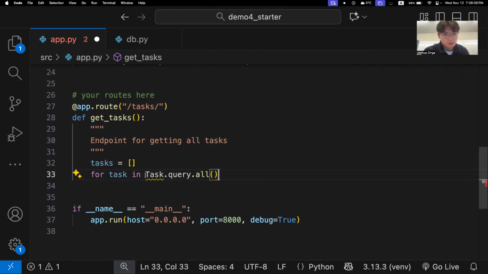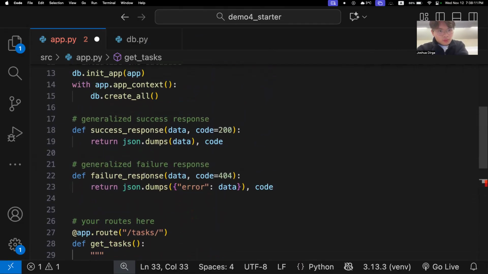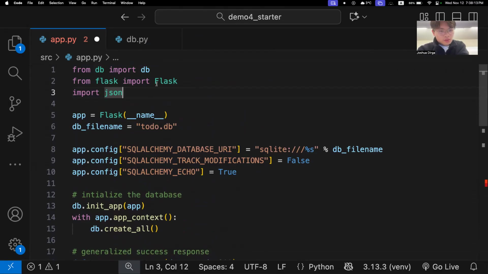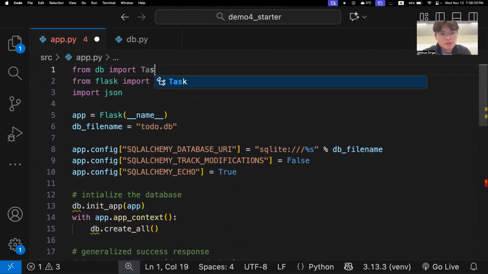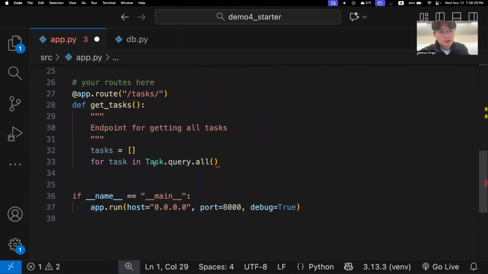I think I'm missing an import here, to import the task. Yes. From on top, I'm going to import Task and Subtask like that, so we can use them in the file. And if we go back down here,